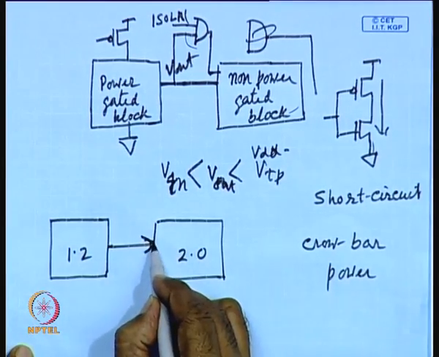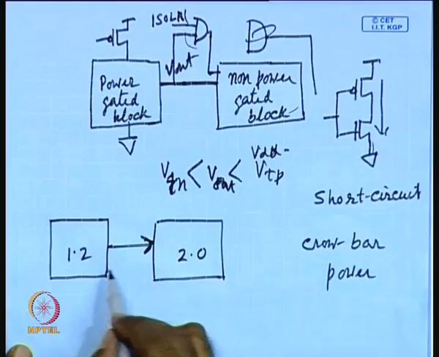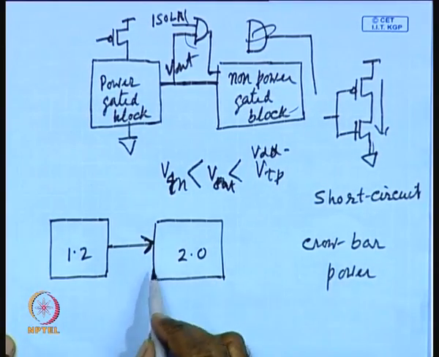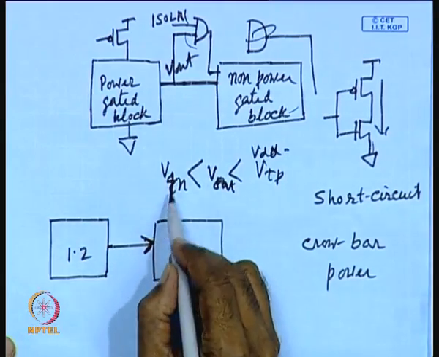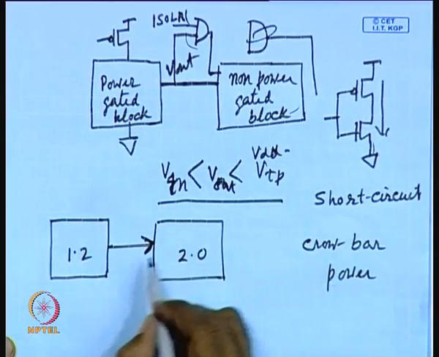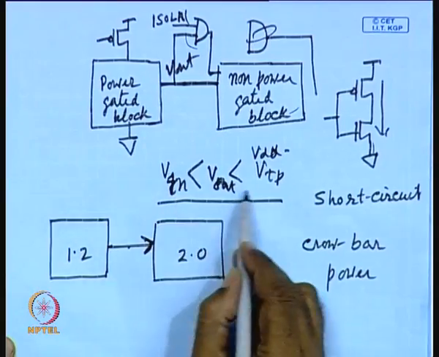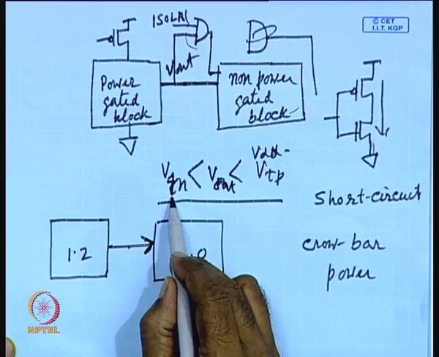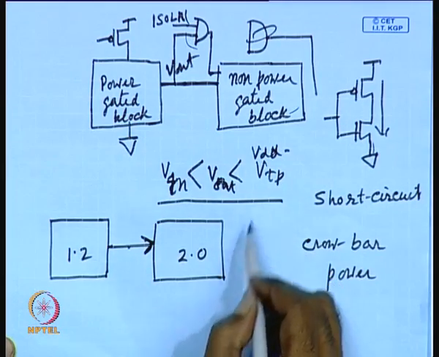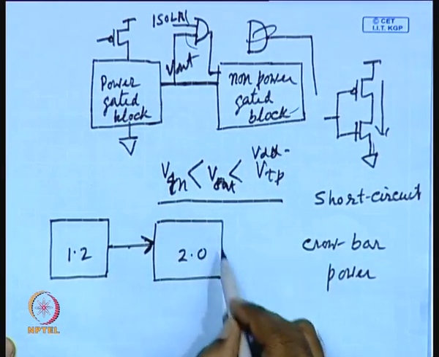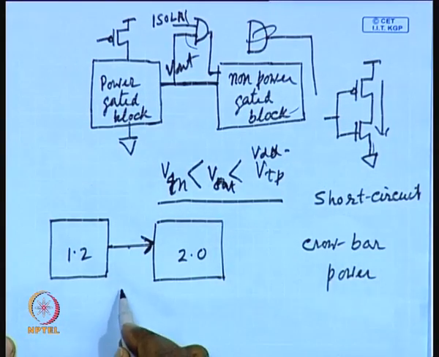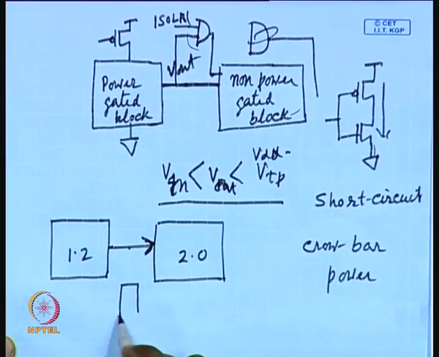Whenever a low voltage domain signal goes to the high voltage domain, there is a possibility that the output level voltage will be in this range. V out will be greater than V t n and less than V d d minus V t p, and that will lead to short circuit power dissipation in this part of the circuit. So, to avoid that, we will be introducing a level converter